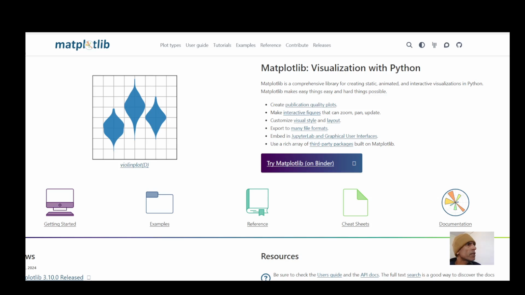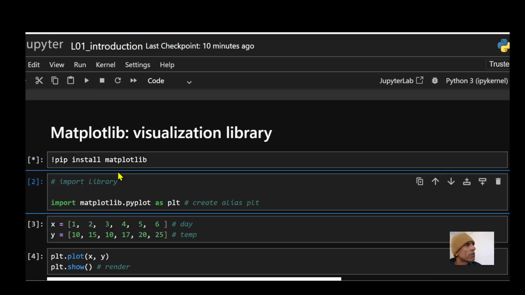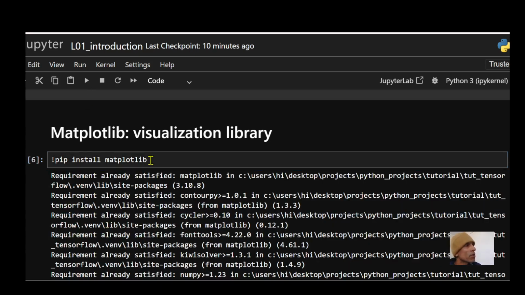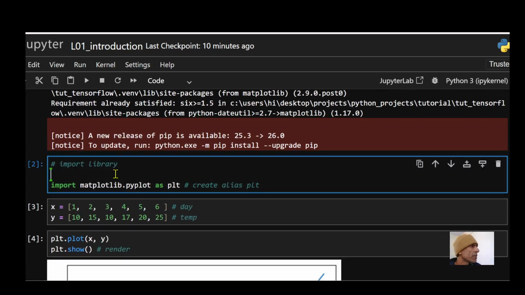Let's go ahead and plot something just to see what's happening. So let's come over here. The first thing I'm doing is installing my Matplotlib library. This is my Jupyter Notebook. You can install directly from Jupyter Notebook. I run this command, and if you haven't installed it, this could take anywhere between 1 minute to 3-4 minutes, depending on the speed of your computer. In my case, I already have this installed, so I got this message, requirement already satisfied. Assuming you have installed your matplotlib library, let's import our